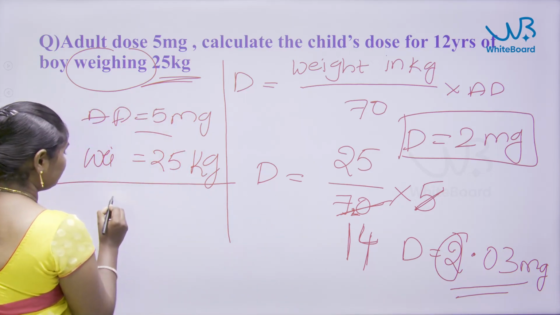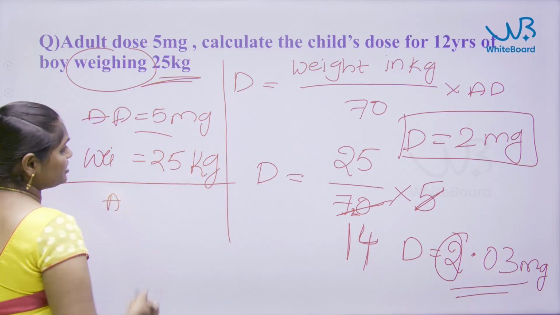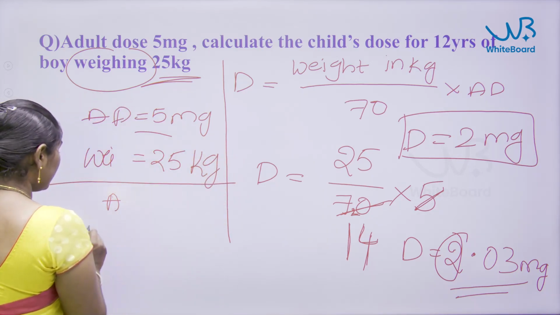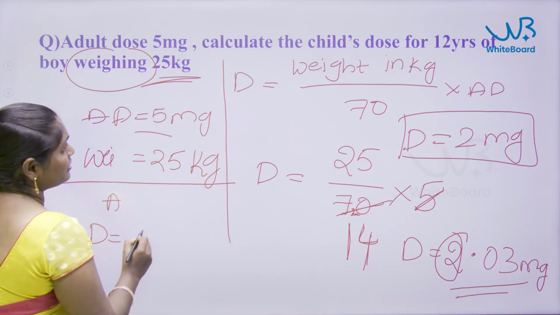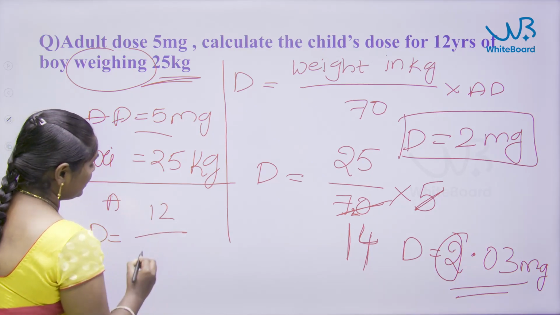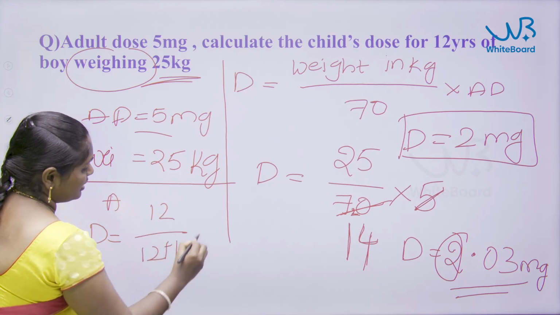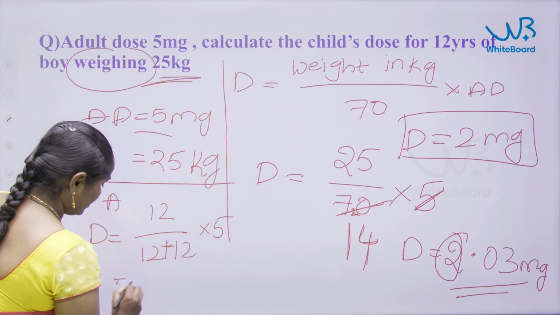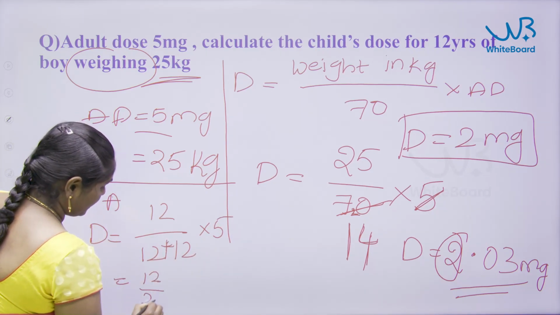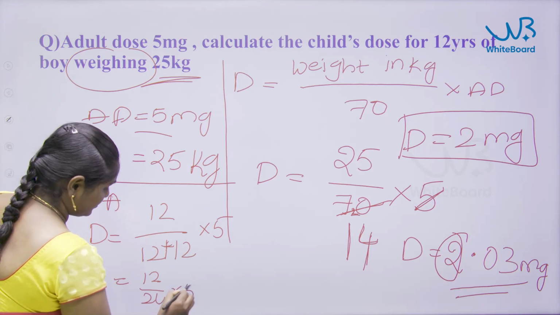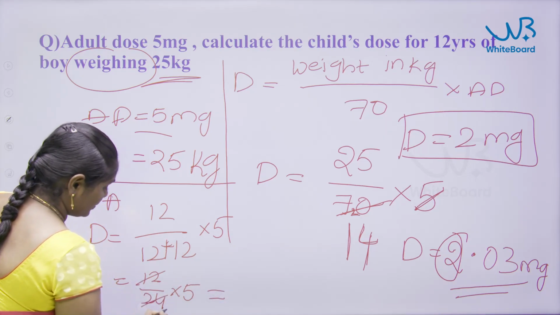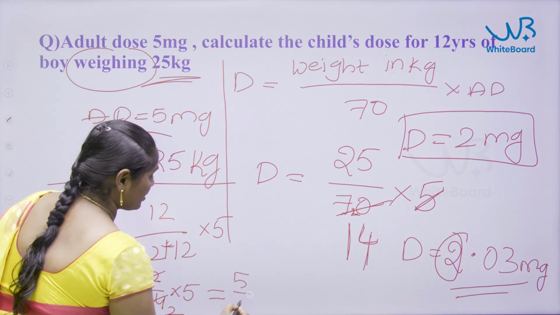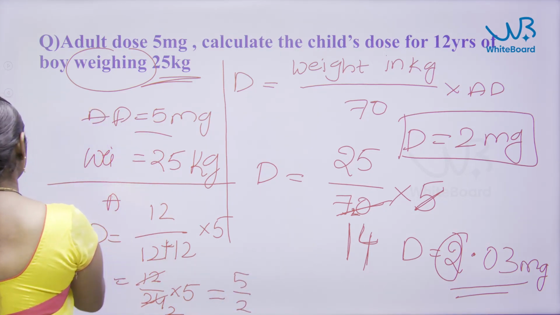So what is it? The age is how much? They gave us 12. So I am using Young's formula. Dose is equal to 12 by 12 plus 12, into the adult dose, which is 5. That is 12 by 24 into 5. 12 ones are 12, 12 twos are 24, right? So 5 by 2 is nothing but